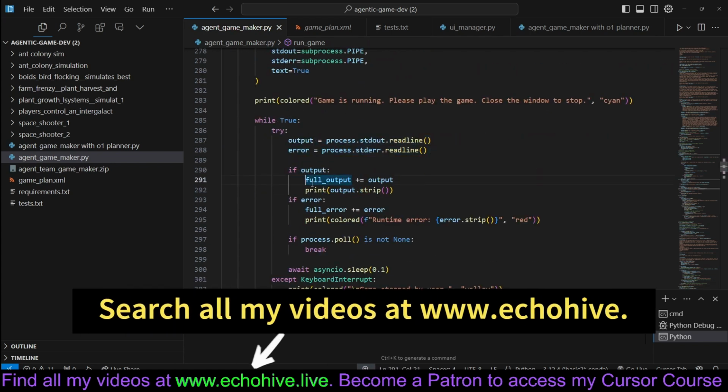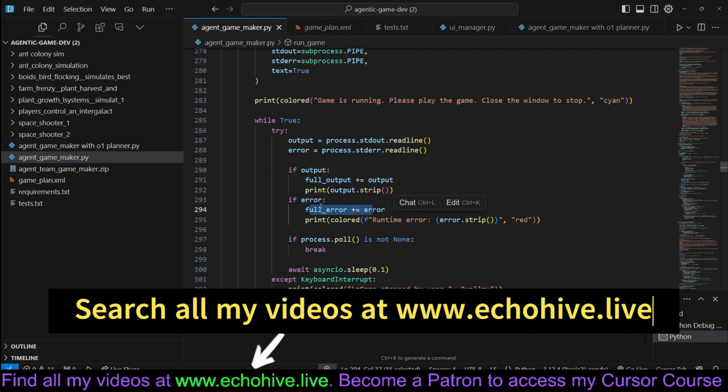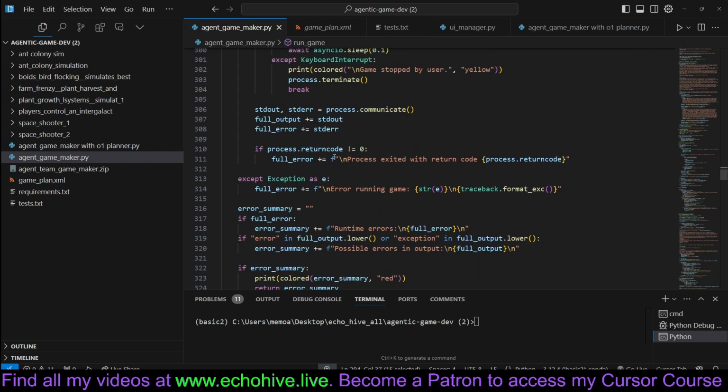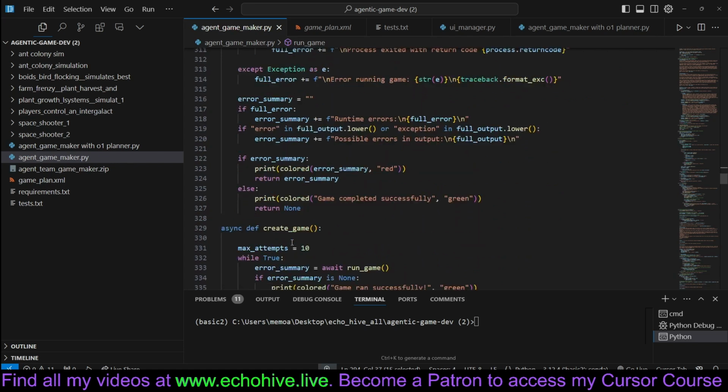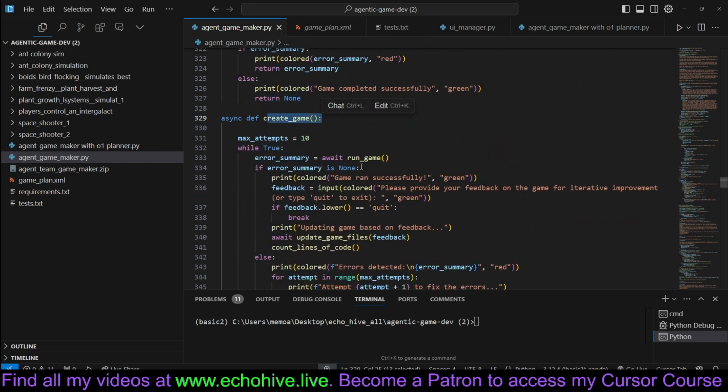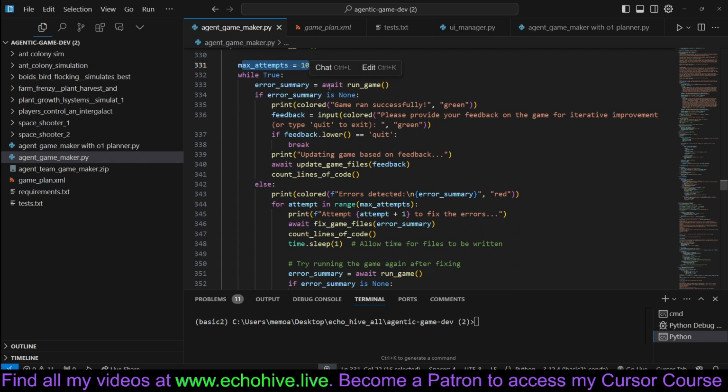So we run it and we append any output or error into the full error, and we're going to return that unless the game breaks and unless the game doesn't return any errors. And we return the error summary or return none. And here in the create game function, we have a max of 10 attempts. We're going to run the game, get an error summary,